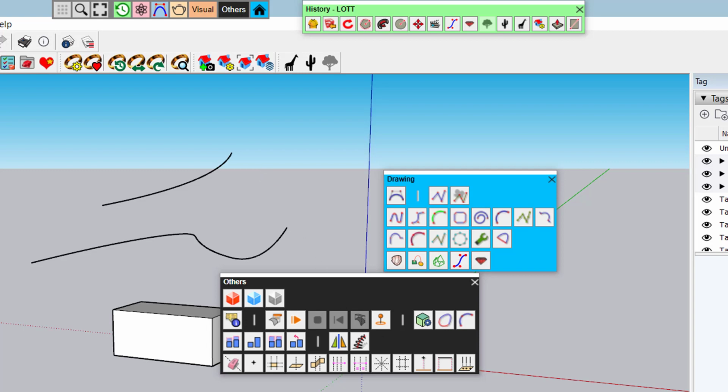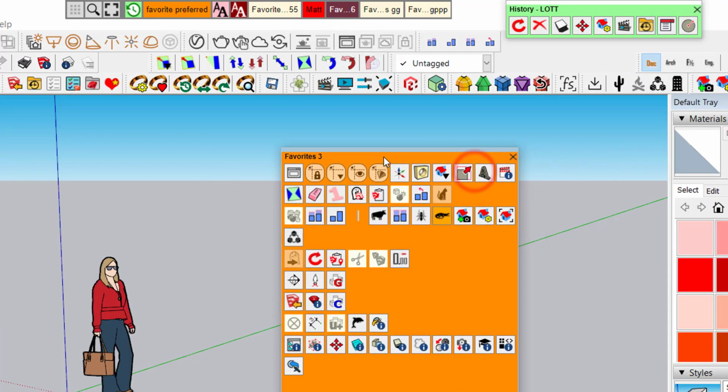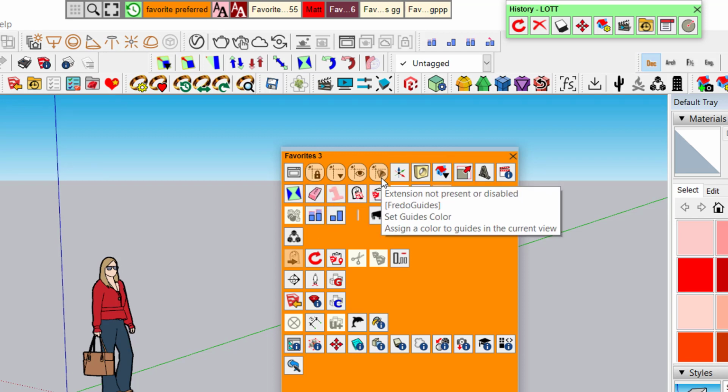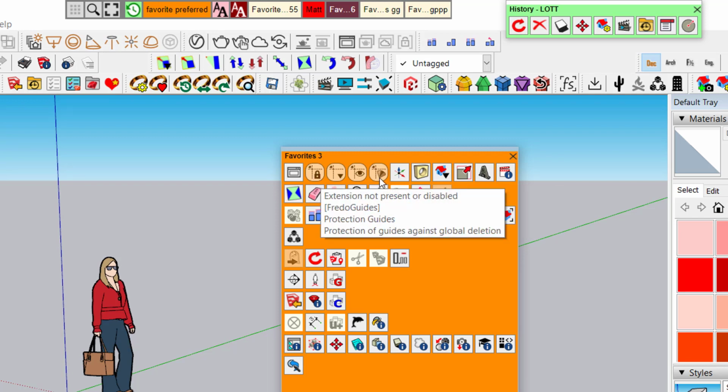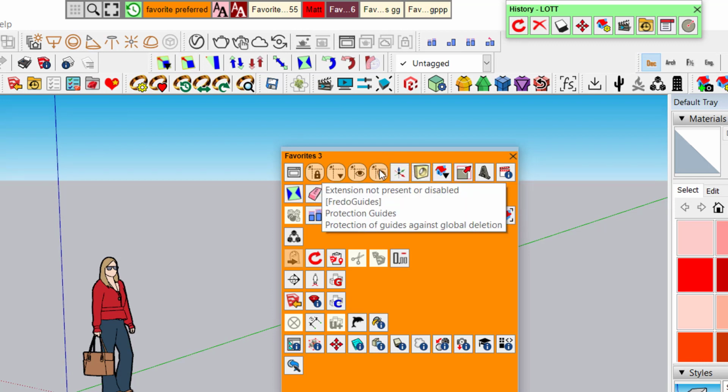However, and I can show you here, Lord of the Toolbars keeps track of the icons even if the plugin is disabled. For example, here I have disabled Fredo Guides. So there are 4 icons which I had put in this palette. They are still there.